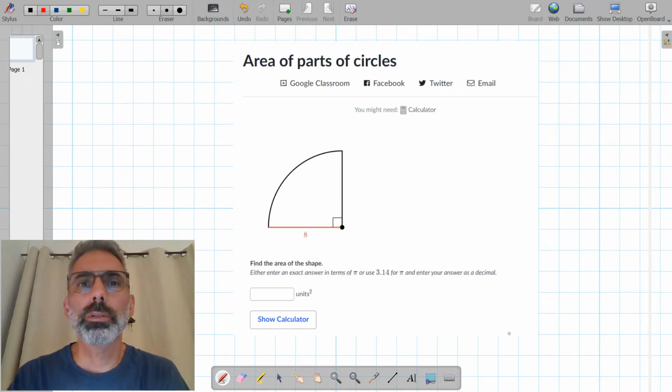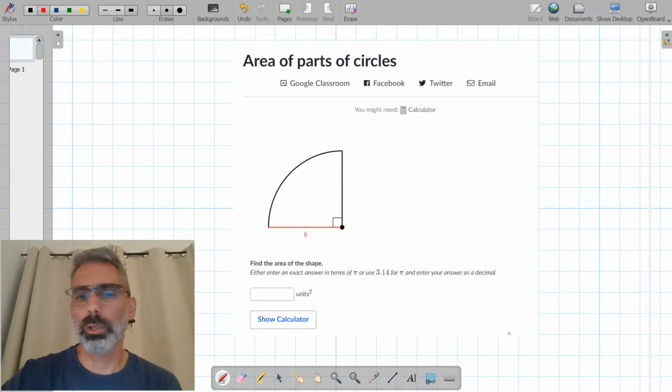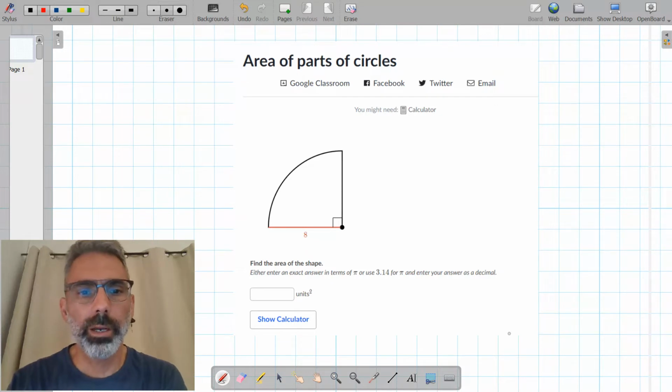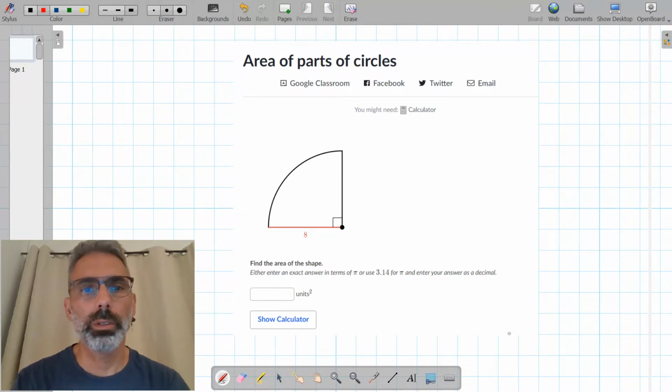In this video, I'm going to solve 4 questions about calculating area of parts of circles. Let's begin. Find the area of the shape. Either enter an exact answer in terms of pi or use 3.14 for pi and enter your answer as a decimal. Okay, so we see here an area of a quarter of a circle, and the radius is 8, r equals 8,